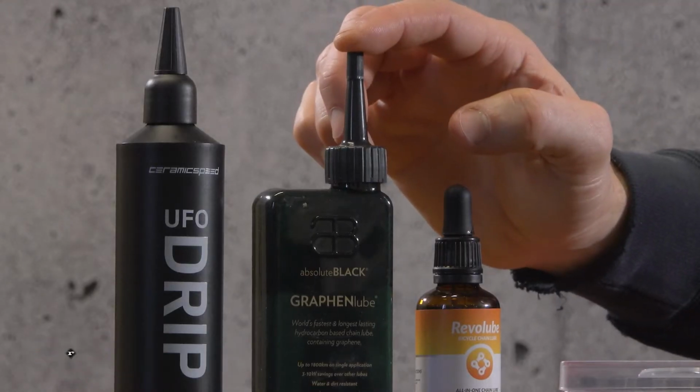Right, now a while back we made a video about Absolute Black's new Graphenlube. Could we measure those performance gains they claimed using just an indoor trainer and a power meter? And the answer was yes, we could. And now we're back. Basically, because we've made a rod for our own back